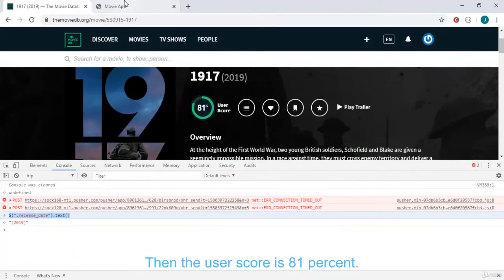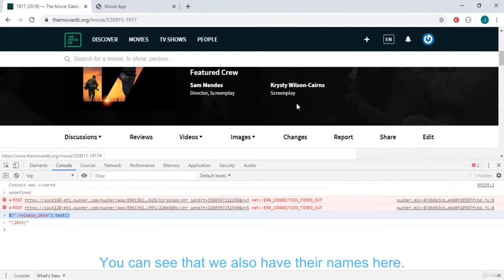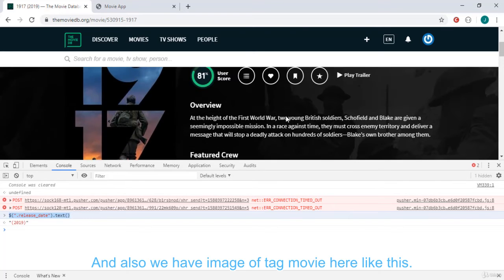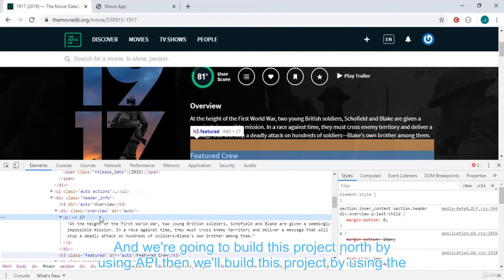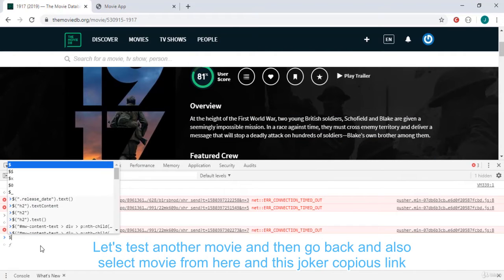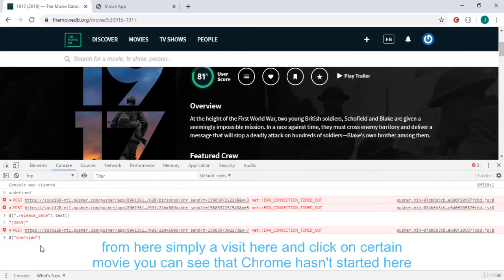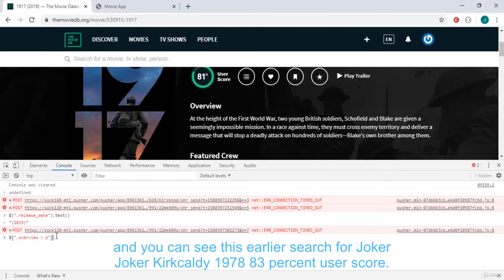Okay, so after that we have to scrape this overview, this is paragraph. Okay, so for that I simply have to click on it and select this paragraph, and you can see that this paragraph is in this overview class. So I simply copy this overview from here, go to the console, and I type here $, this class, and in that class we have to select the p tag. Okay, now if we want to select any inner element of the outer element, then we simply type this arrow, this diamond bracket here. So simply in dot overview, which is the class, and in that we have to scrape that paragraph. Okay, so dot overview, then the paragraph, and when we convert it to text, if I press enter,